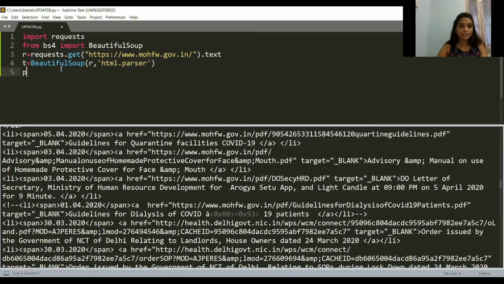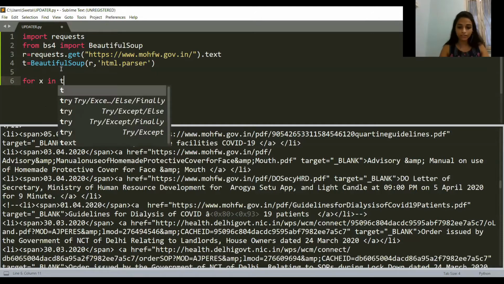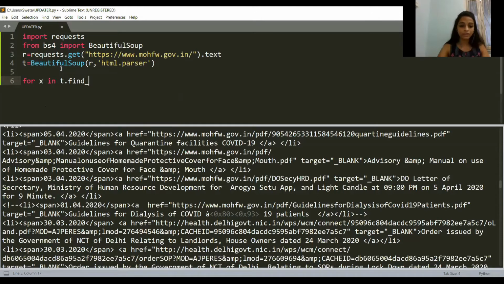So for that, I can do for x in t.find_all table. What t.find_all table will do is only return the tables present in this particular document T. Let me just print these tables.